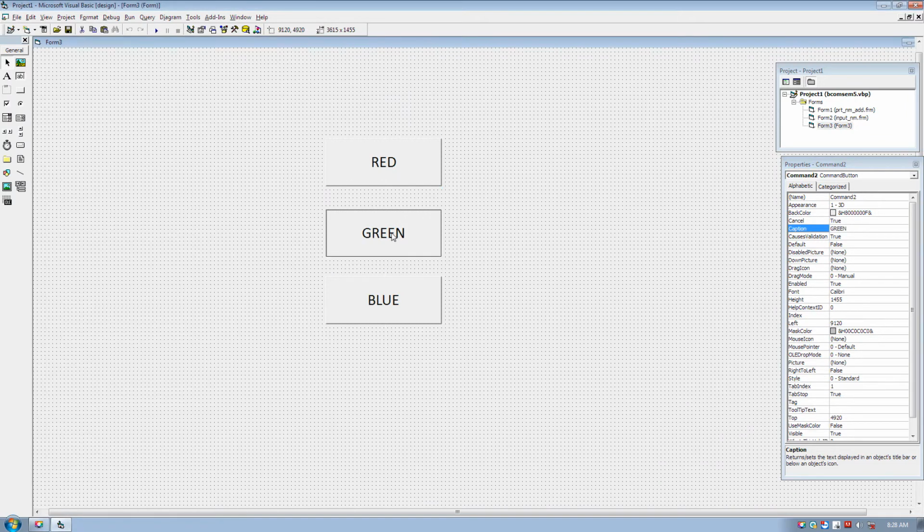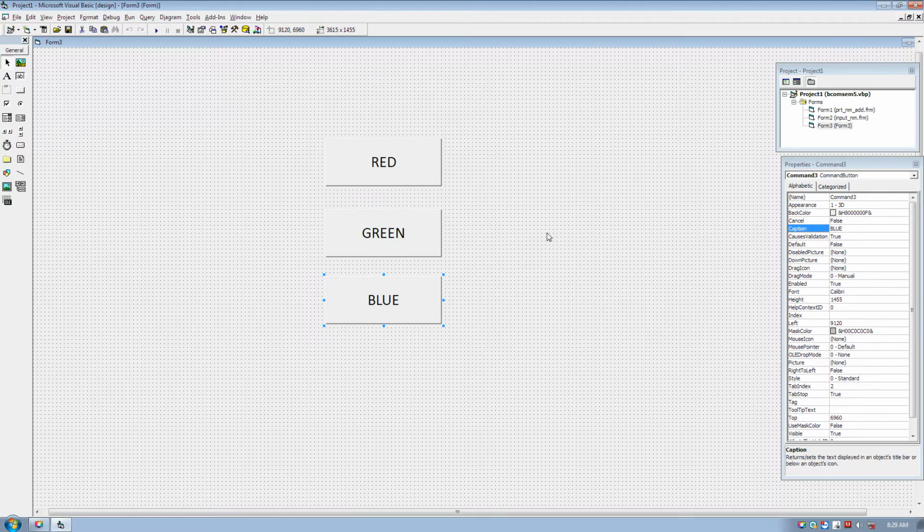Okay, red, green and blue. I have 3 command buttons on my form, and I have just changed their captions and font. I have not written any event.